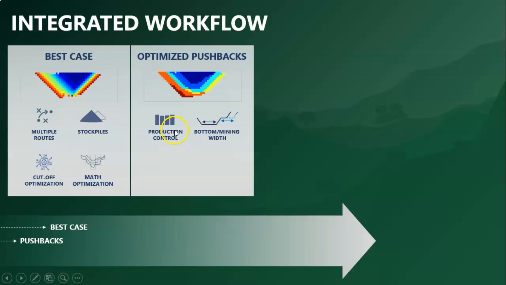So here we will add a high production capacity, for example, a material that we can process in one period of 5 years. So that's why the runtime will decrease a little bit. And here we will add a minimum bottom width and a minimum mine width. So that's why we have these forms that we don't have here. In this case, we can also add some refinements, so we can add blending and some variables, but we should take care not to control the total movement.